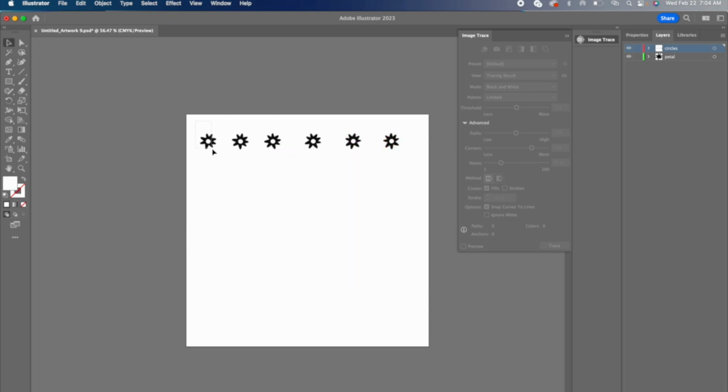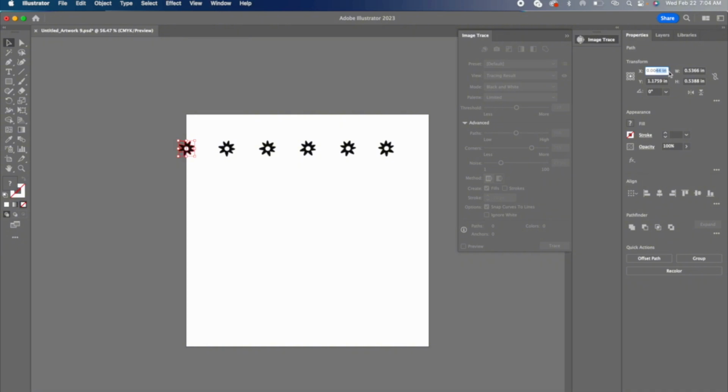And now that I have enough flowers to fill the length of my swatch, I'm going to select all of my flowers. I'm going to drag them all to the left-hand side of my canvas so that the first flower is actually kind of split in the middle between the outside of the canvas and the inside of the canvas. And then I'm going to take that first flower on the left-hand side, and just like I showed you at the beginning of this lesson, everything that goes on the left-hand side of your canvas must continue to the right side. So I'm going to copy and paste this flower,